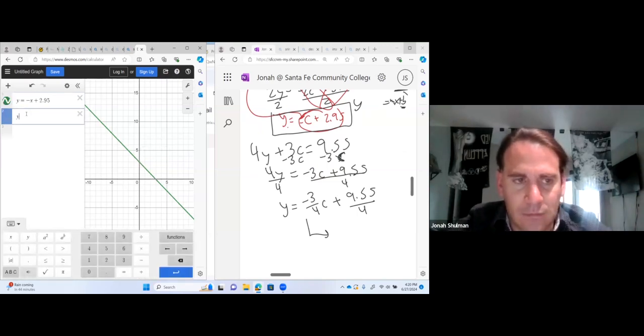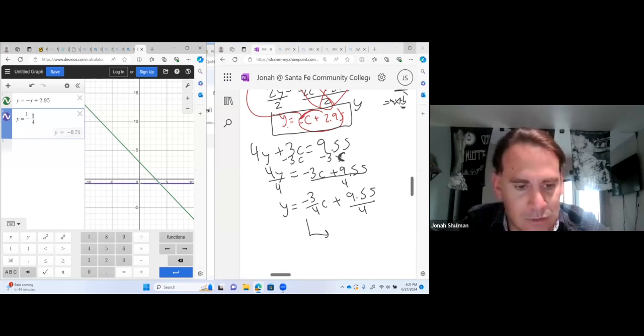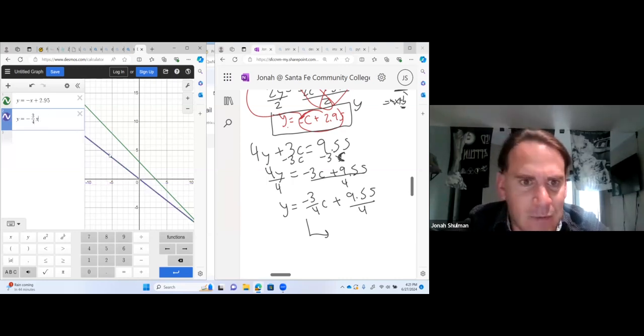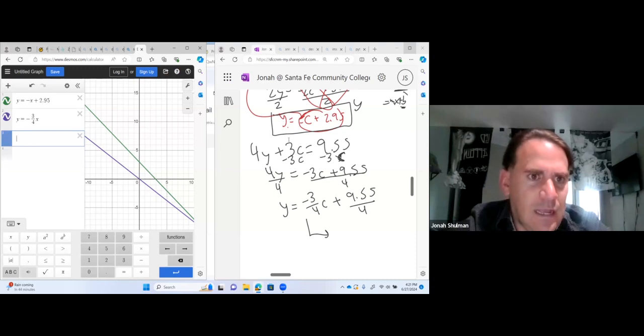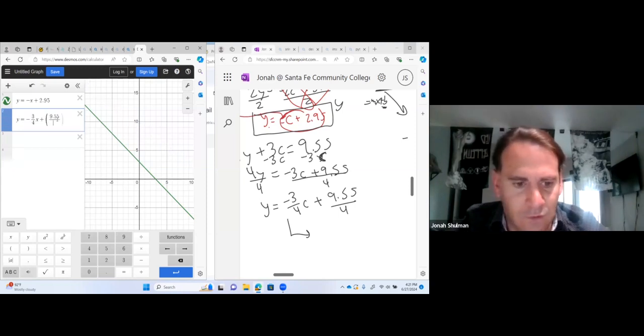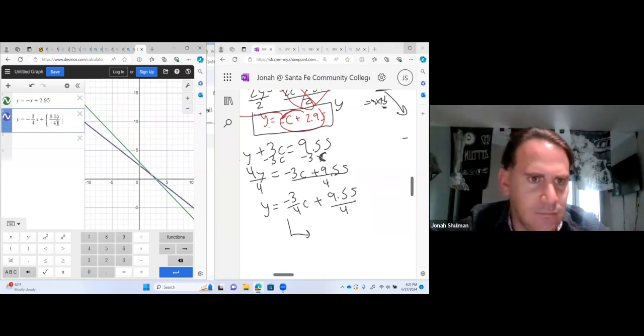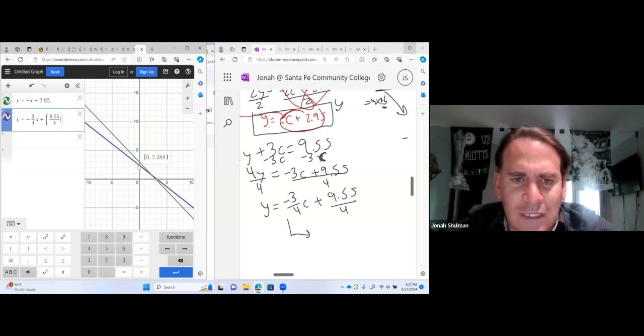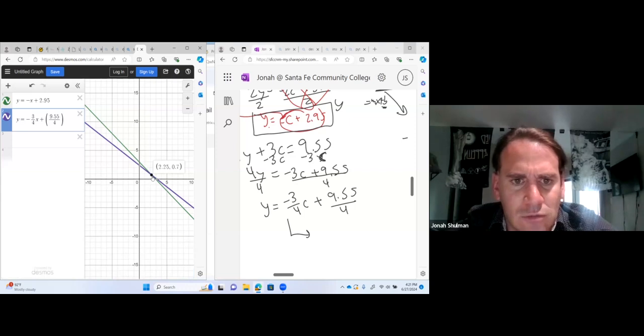Now we have your other equation. Now it's y equals negative 3/4 x. Notice it is less steep. Now we go down 3 before we go over 1. Down 3 before over 1, 3 before over 1. And I have to raise this up. Oops. I have to raise this up. 9.55 divided by 4. I knew it'd be a weird decimal, that's why I didn't want to do it, but where do they match?